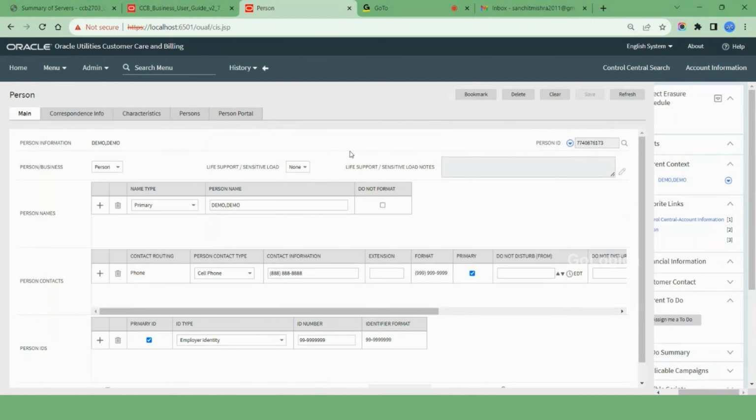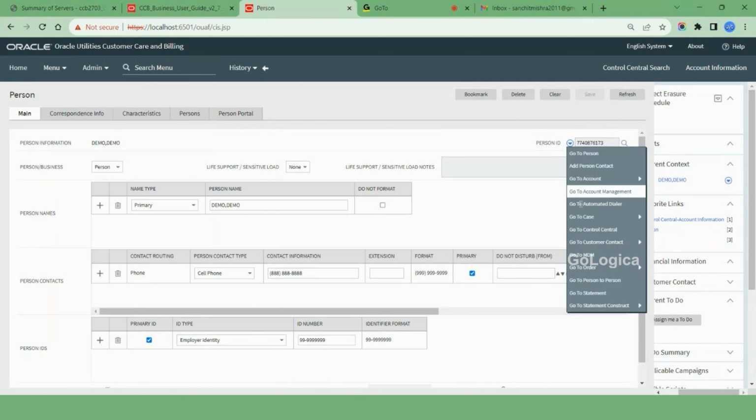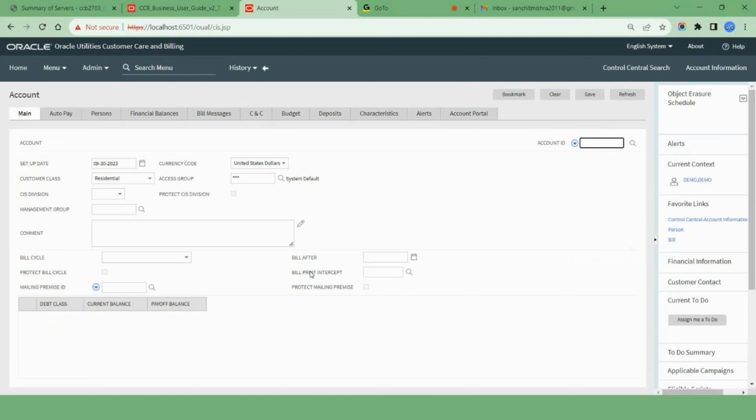So no need to go in the main menu. Now you have the two options to create the account. Let's create the account. Person, go to the account add. So you can click on the add button. Once you click on the add button, since you are navigating to the person page, you can see account person,